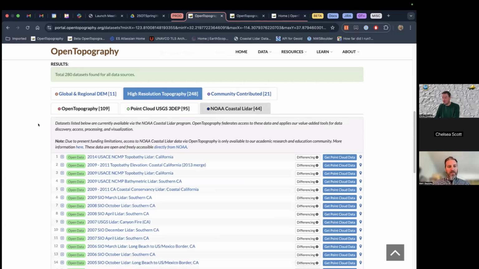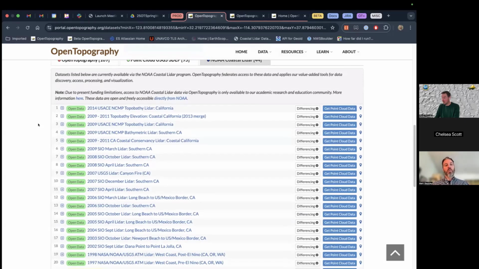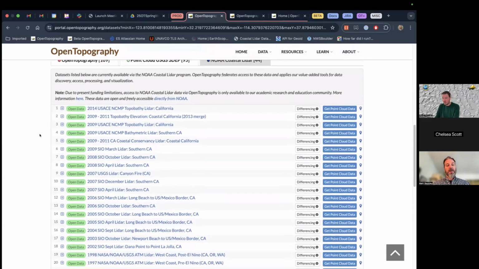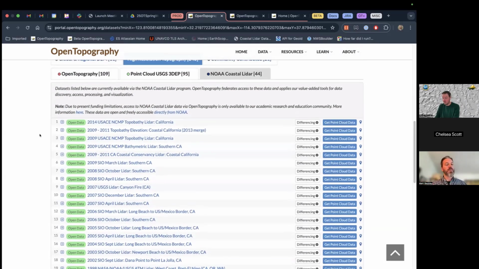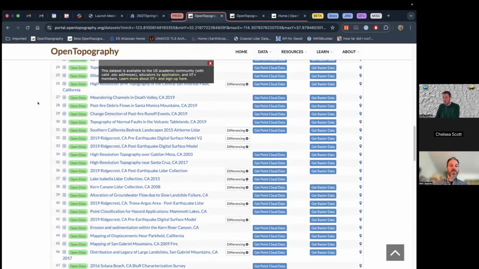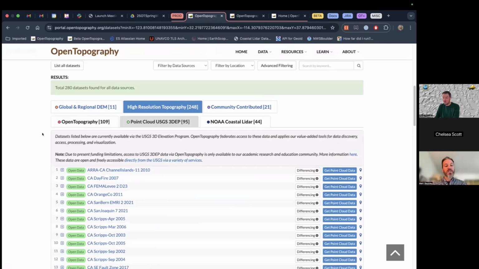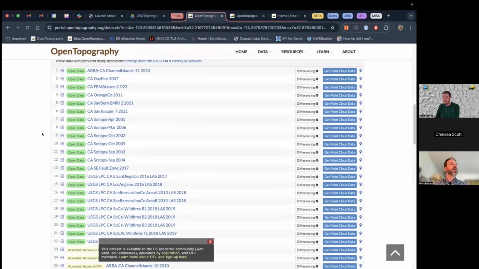And one thing I wanted to point out for this is we've added these little open data tags and academic access and OT Plus tags. This was to alleviate that confusion that people had, is the data open or not? And you can see that for the OpenTopography hosted data, it's all open. For 3DEP data and for the restricted data sets, some of it is open, and that's because what we've done recently and we will continue to do in the future is that any kind of natural disaster that happens, like in the past, there was some flooding in Vermont, there was a hurricane in Florida, and then most recently there were these fires in Southern California.